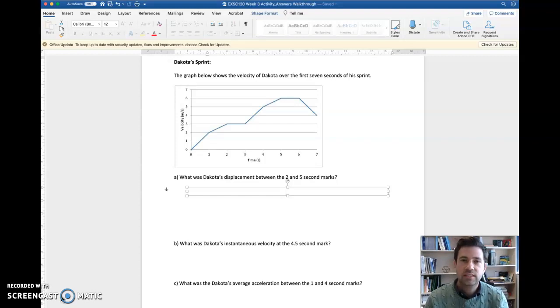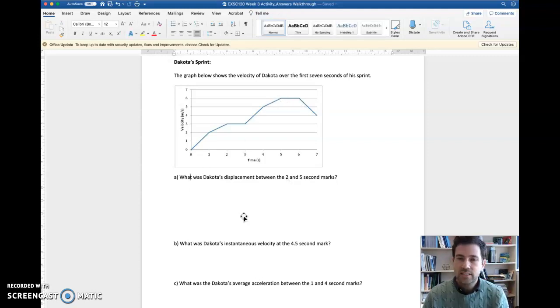Okay, so the next question is Dakota's sprint here, and what we can see is a graph, and we've got questions around displacement, velocity, and acceleration. So the graph is of Dakota's velocity over time, and question A is asking